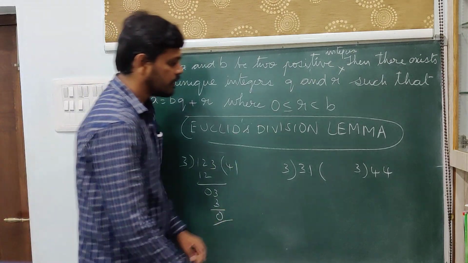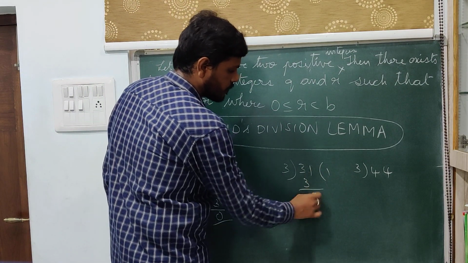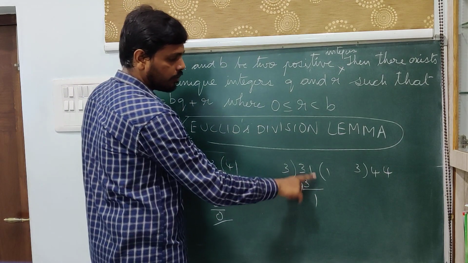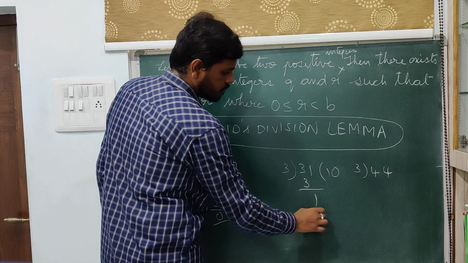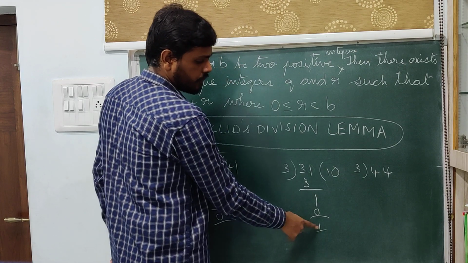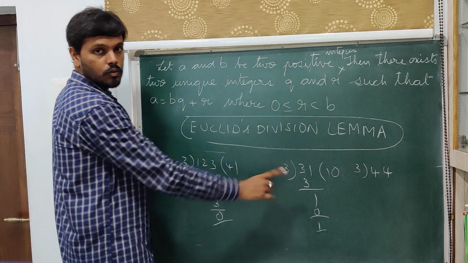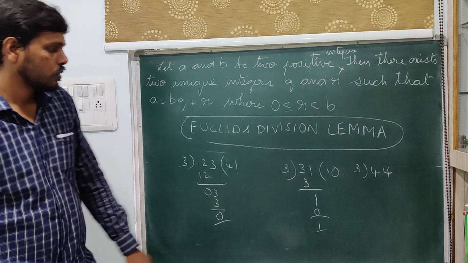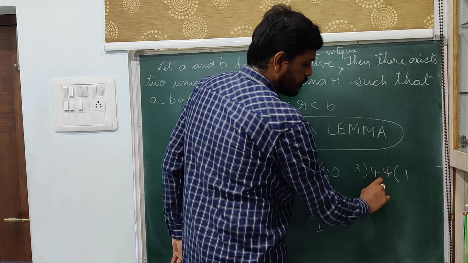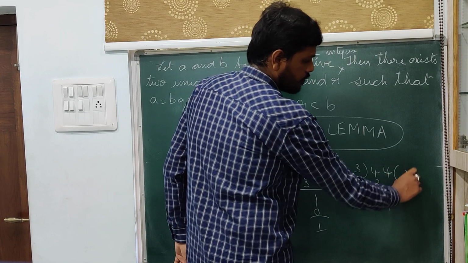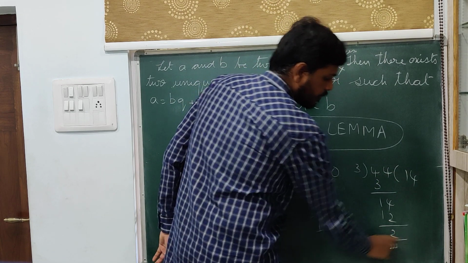Yes. Now divide this. 3 1s are 3, 1 time. Now this is not a remainder, this is a carried forward number. So you take 0 times. So 3 zeros are 0, 0, 1. Now this is the remainder, and this remainder is less than 3, so we stop the division process. Here the remainder is 1. Now look into that, 14: 3 4s are 12 and the leftover is 2.